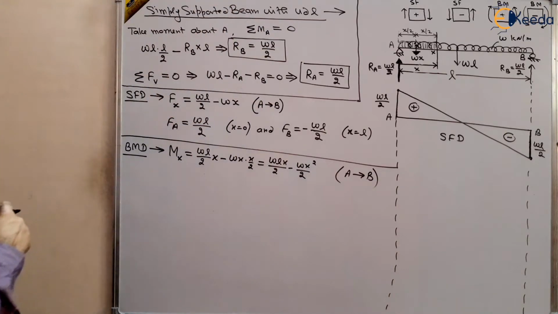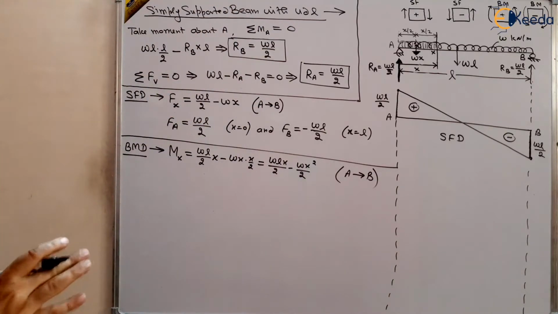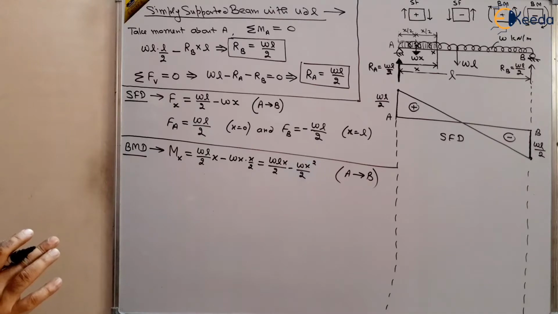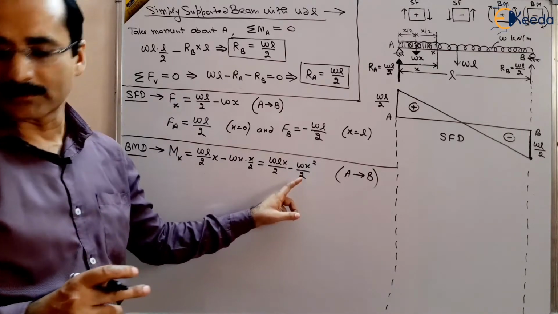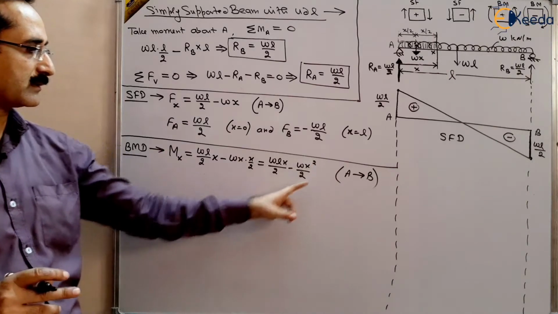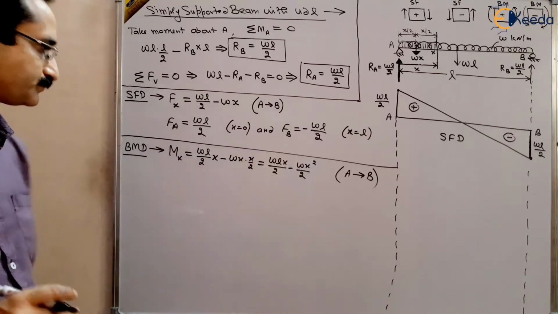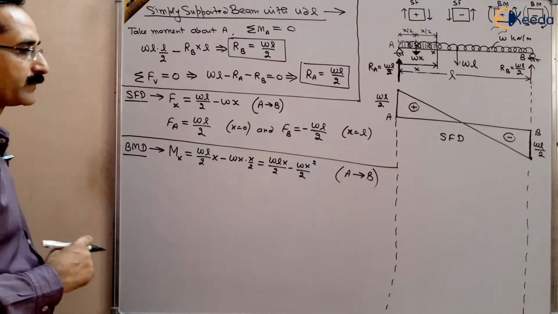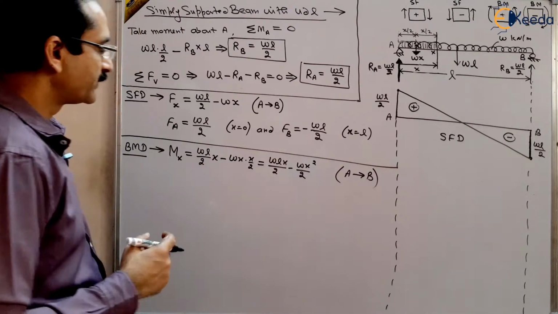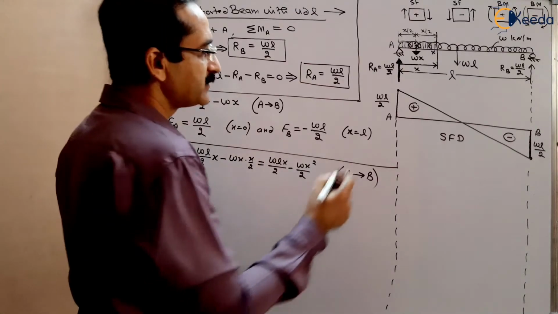It is valid between A to B, the entire length. So this is variable, and this variation is parabolic. You can see here, this is a parabolic type of variation, right? And one more thing you should know that we will study later on, that where the shear force is 0,